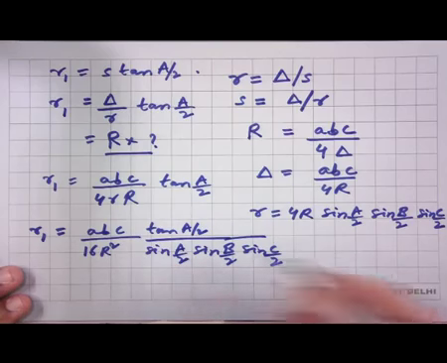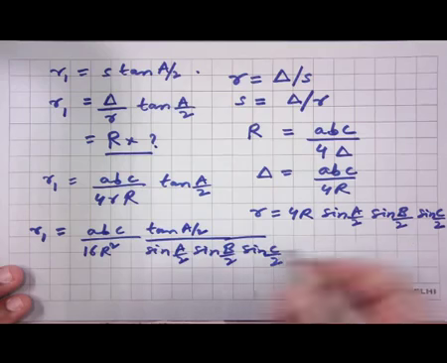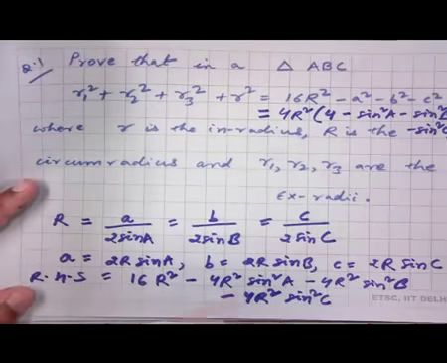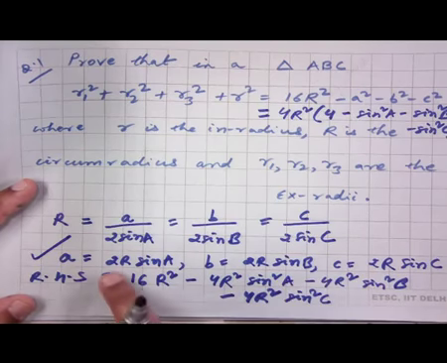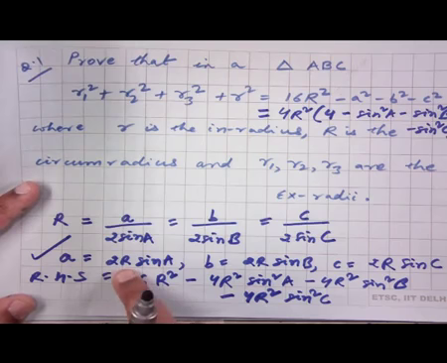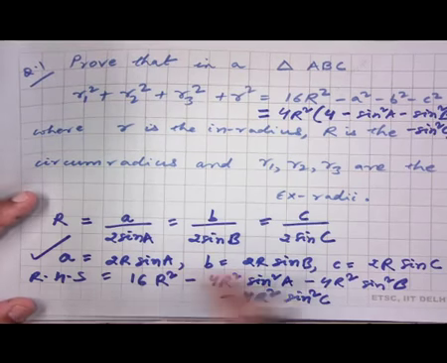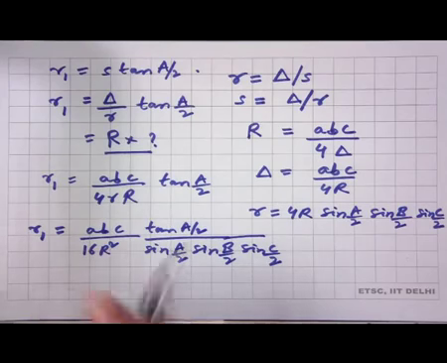That reminds us immediately of what we saw on the previous slide, which is that a, b and c are nothing but twice the circumradius times the sine of the corresponding angle. So when we use these three instead of a, b, c in this equation, what we get is